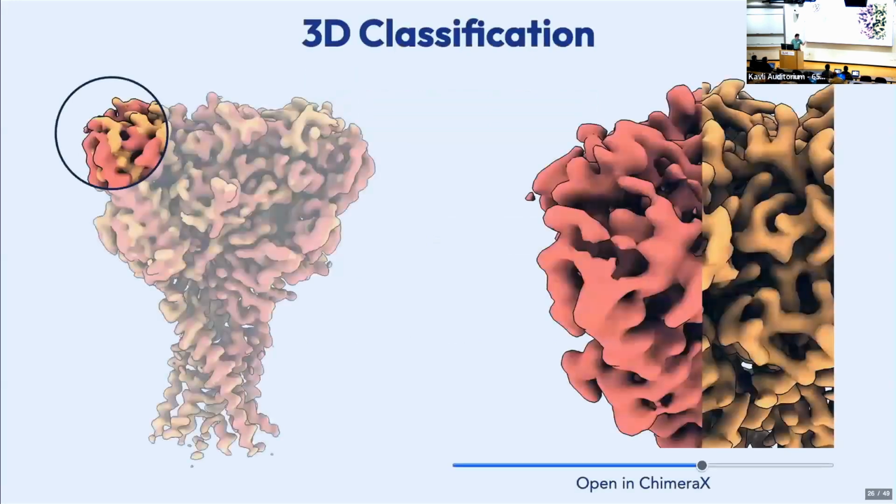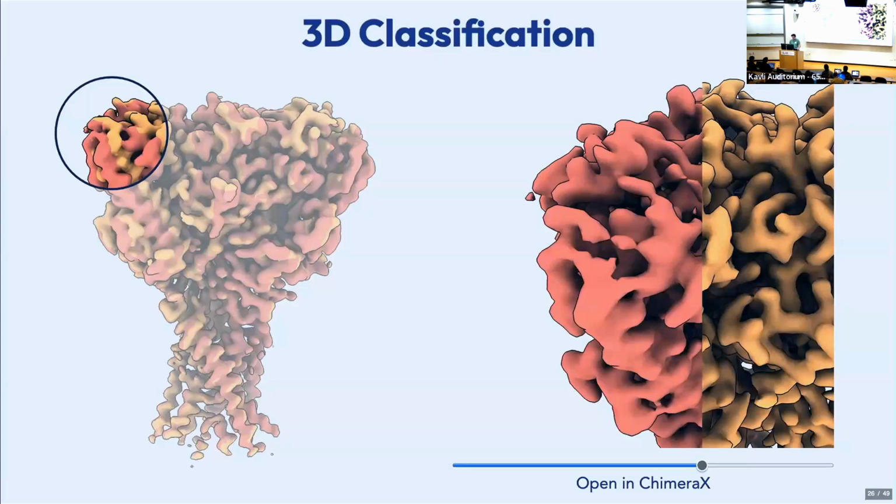And here's the result. If you look on the left, I'm showing you an overview of the whole channel, and then I highlight the region we've zoomed into on the right. Throughout, I'm going to try and be as consistent as I can with coloring the apo map in red and the ligand-bound map in yellow, okay? So if you look at the overview, it looks like we actually did a pretty good job, right? If you look at the thumb domain, which is on the far left side of the ECD, it is pulled out and away from the center of the channel. So we have successfully done some kind of classification without realigning these particles that separated out thumb over here versus